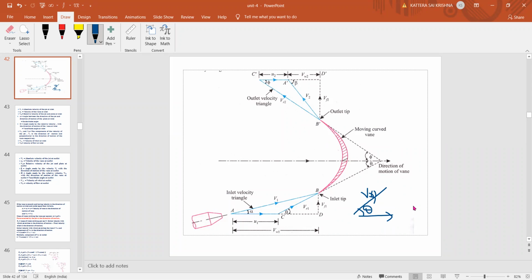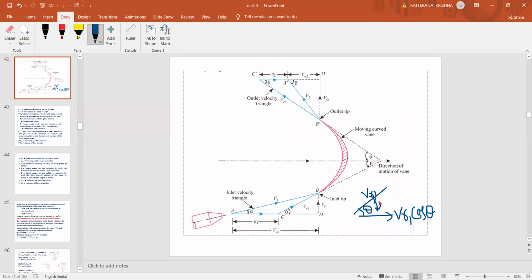What will be coming here? If you resolve this in x axis, what will be coming? VR1... cos theta or sin theta? What is this? This is VR1 cos theta or sin theta. I want that. This should come down like this. So what will cos become? Cos theta, right? So velocity VR1 in x direction initial is VR1 cos theta.